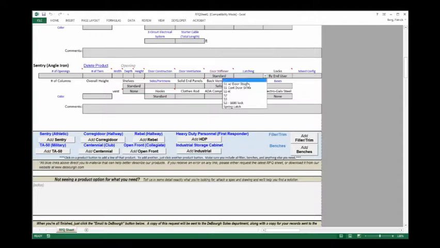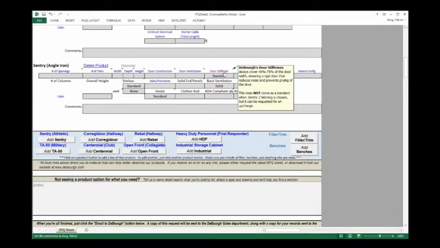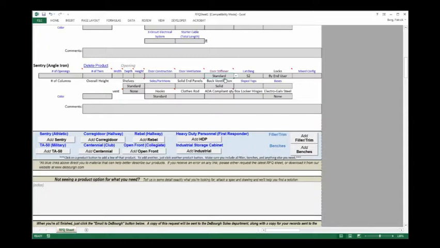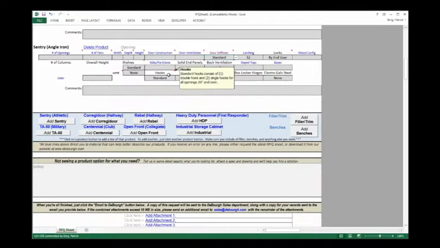Something to note also, if this were a Sentry 2, a lot of you know that we don't do a door stiffener on the back of the doors with a Sentry 2 latching, and so standard in this case means no door stiffener. So that's something to keep in mind. I tried to put as many of these notes in as possible, so when it says something like standard, you understand that that means not with Sentry 2. And so there are going to be notes throughout the entire tool that should be helping you pick the correct